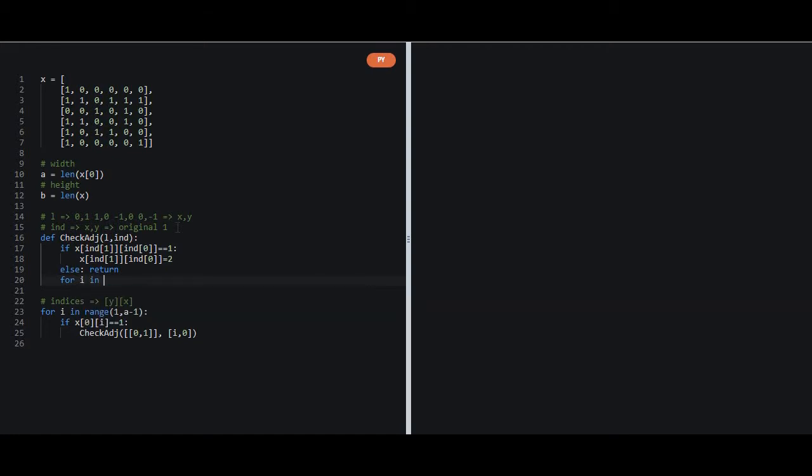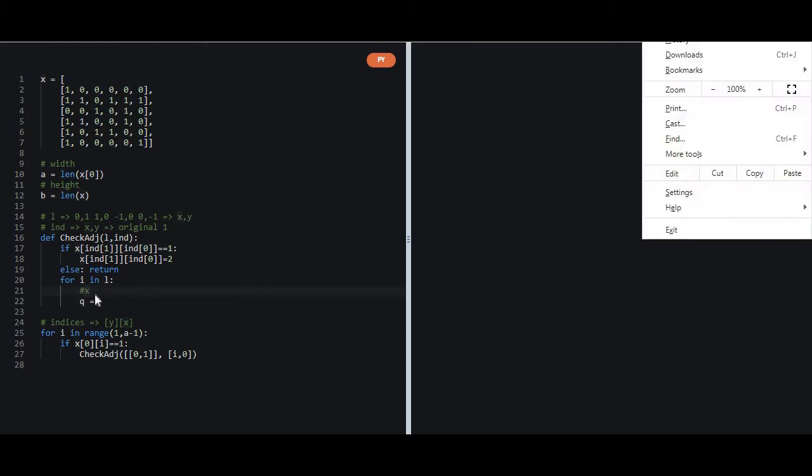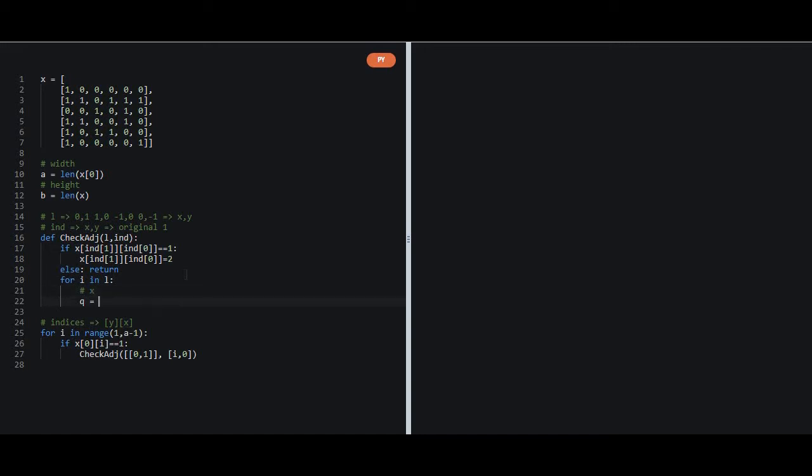Now we will loop through our L variable and add that L variable to the values of x and y of the indices input. So our Q will represent the x-axis, and we will make another variable, let us name it P, and our P will represent the y-axis.